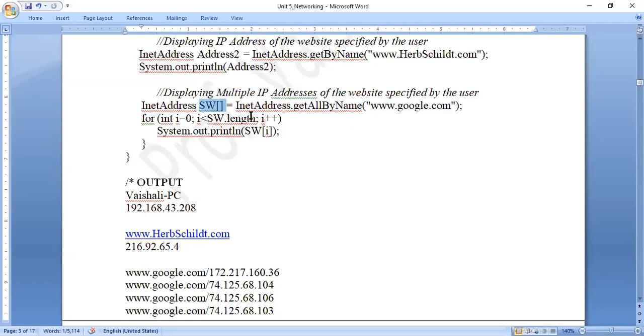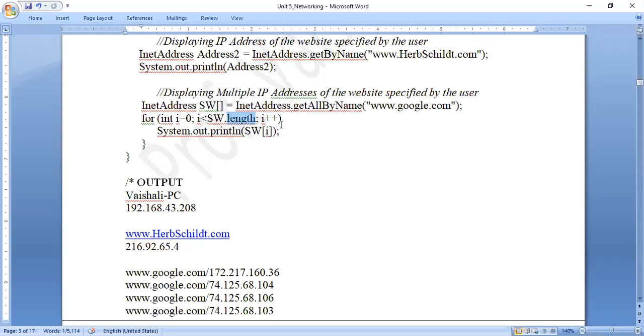If I want to print the individual objects' names or content, I'll be using a for loop. Since it's an array, the index always starts from 0. I've started the array from 0. Now how long will this array go? It will go till the end of the array. I don't know how many elements there are in that array. So automatically there is one property of the array, as you know. If we consider array as a class, this class has one property called length, which will automatically return the length of the array.